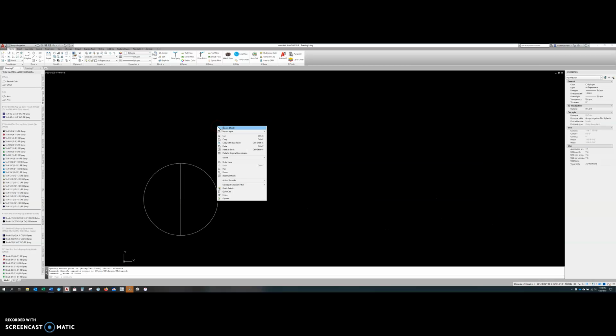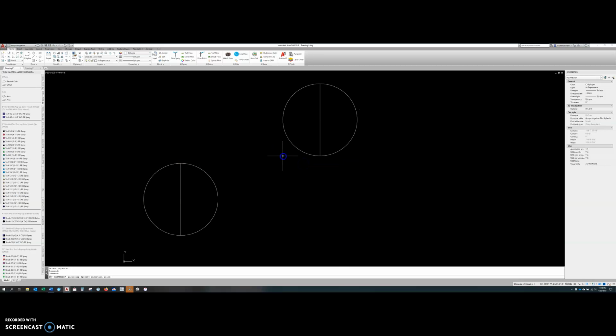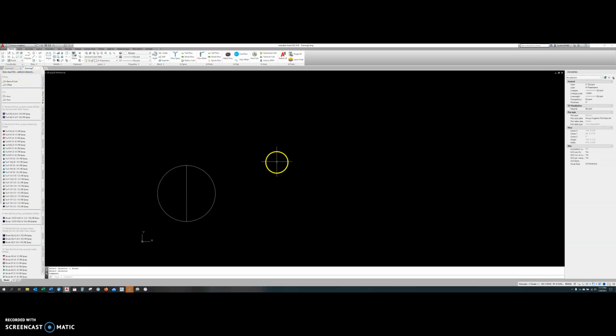Because if I just simply go copy, now I paste it, but that's only once. I have to restart the paste command to do it again. And do it again. So the CO is really good for when you're in the same drawing and you need to paste it multiple times all over. The copy and copy with base point using the contextual menu is good because now I can